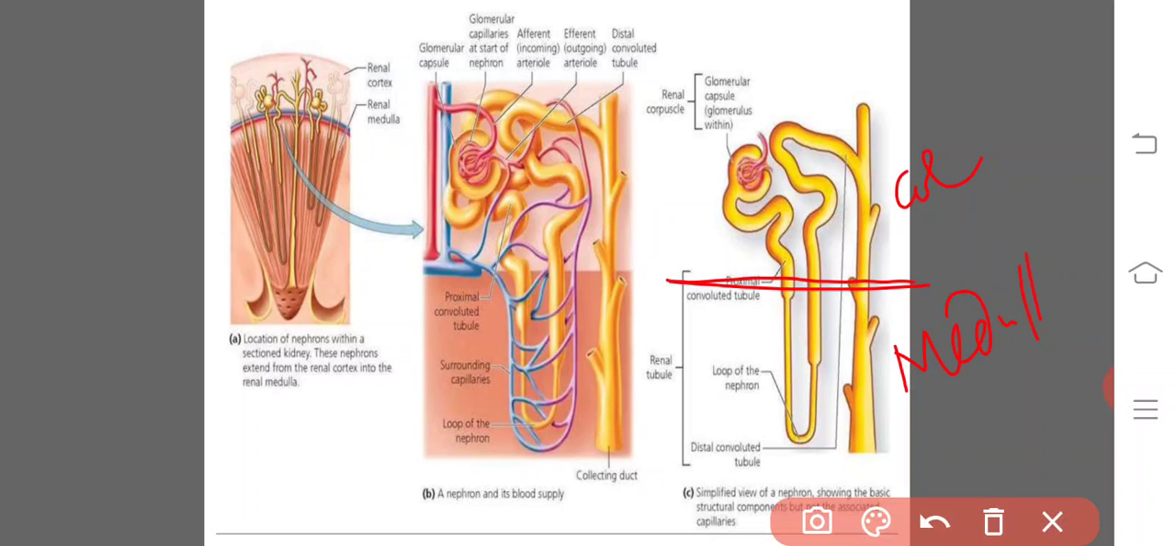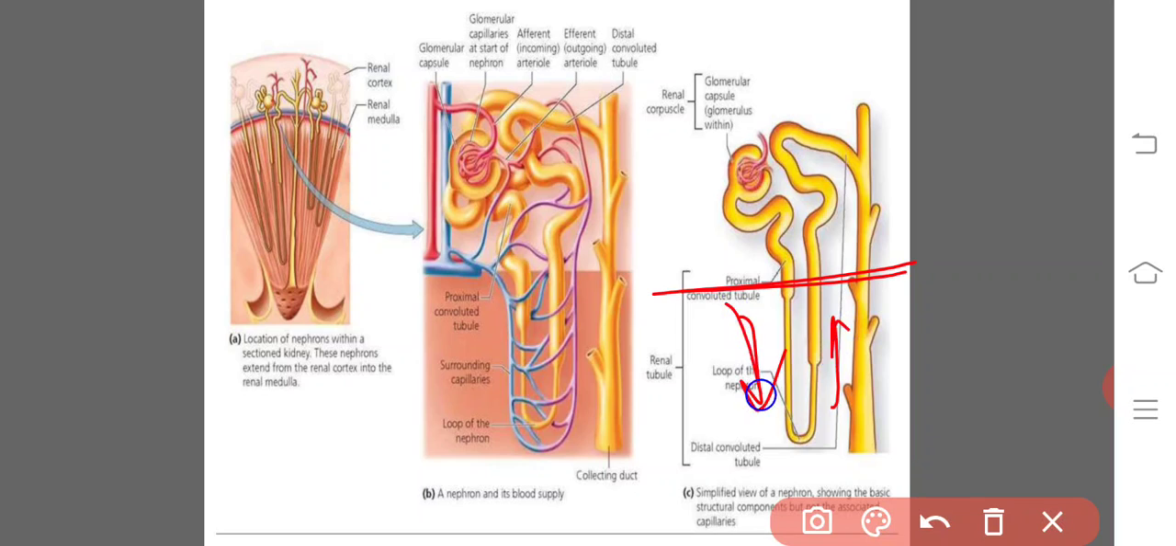And coming to the loop of Henle. Here the proximal convoluted tubule leads into a hairpin-like tubule, which is known as the loop of Henle. It lies deep in the medulla. It is present in the medullary region. This region is the loop of Henle. Here it is a descending limb and here it is an ascending limb. The walls of the descending limb and the lower end of the ascending limb